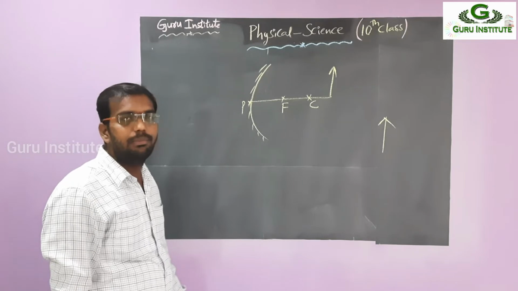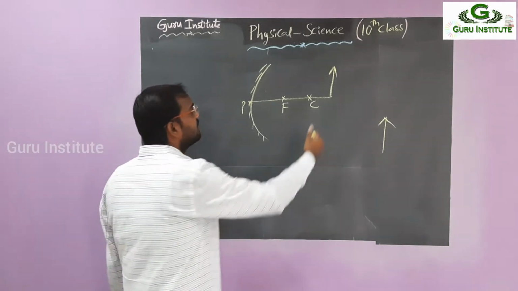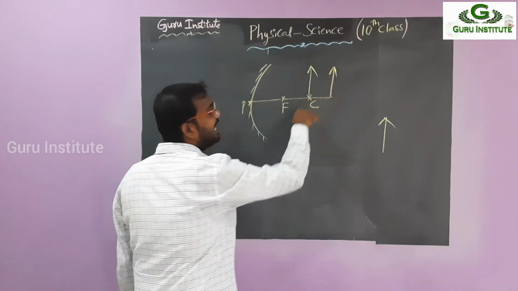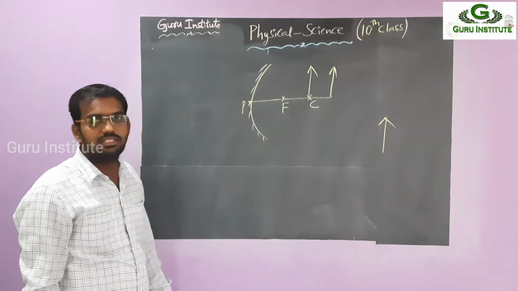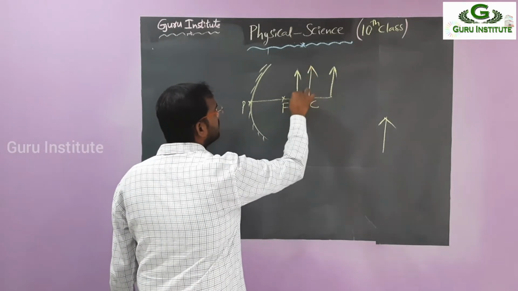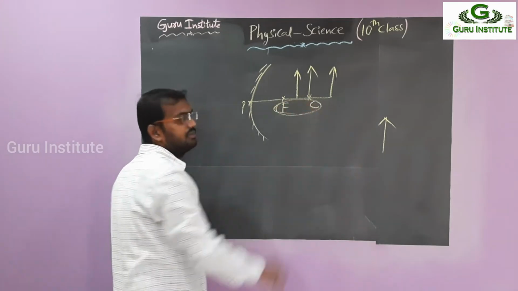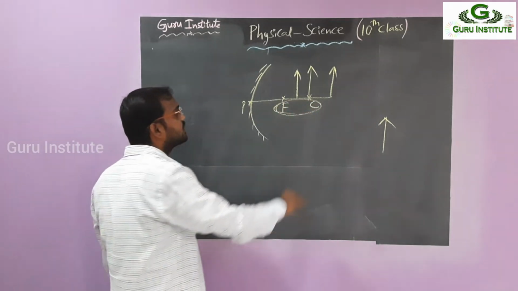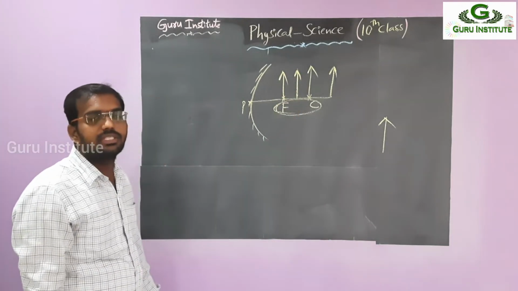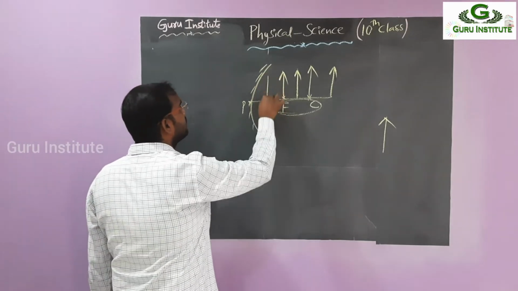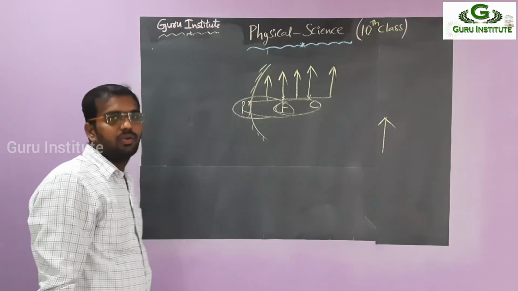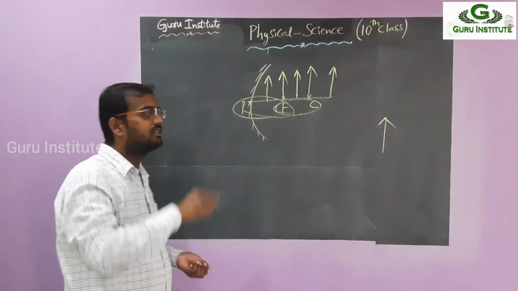after C, that is beyond the C, then if the object is moving from here to here, the second position is at C, that means on the C. Then again moving forward, at this position between F and C. Then the fourth case is object is placed on the F. And again it is moving towards the pole, that is between P and F. Totally we have discussed here 5 cases.